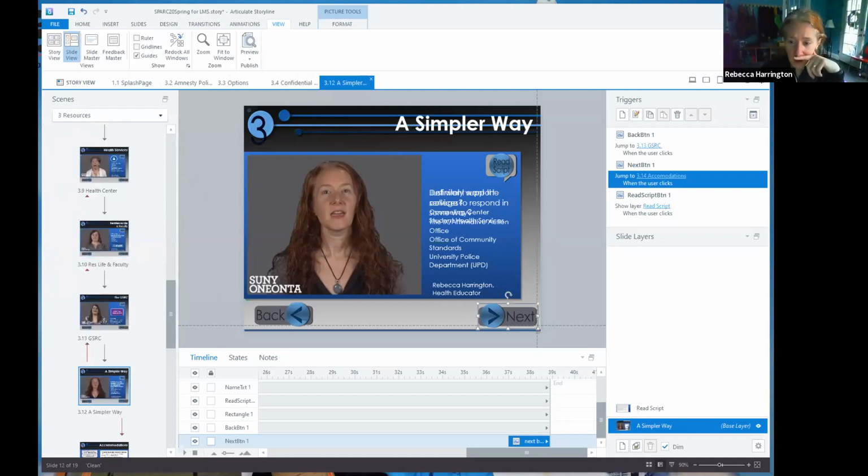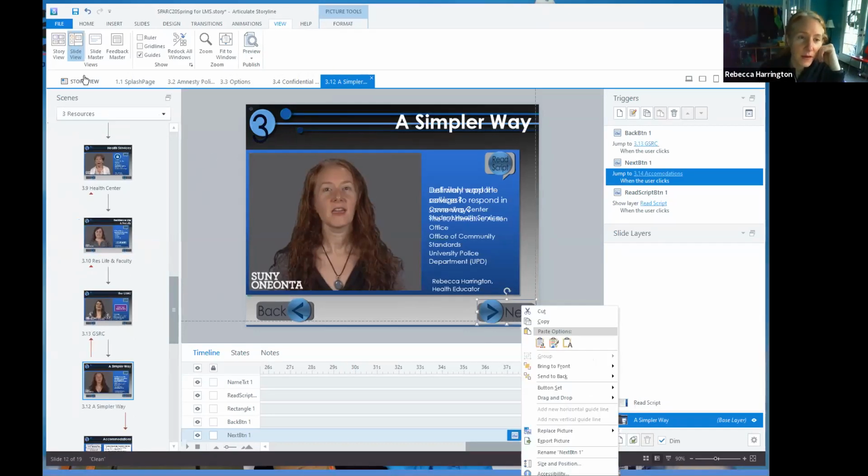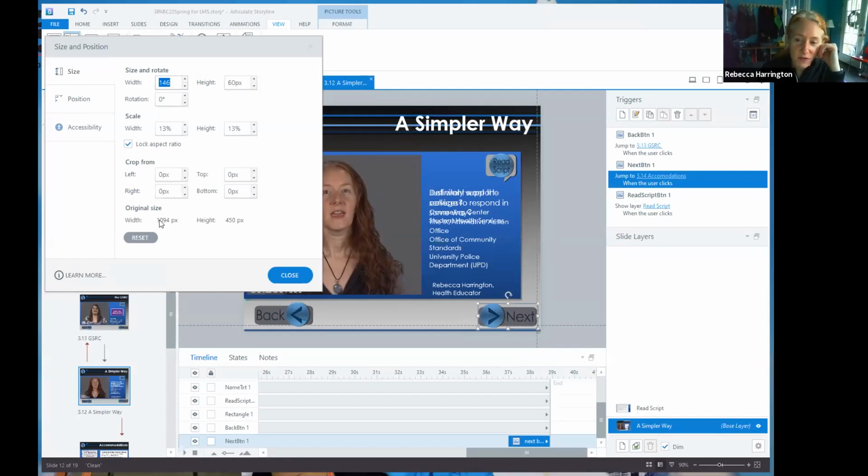The other thing I would say with the size and position thing, let me bring that back up, is the size thing too. You can play around with fine tuning the size of things. In this case, the width is 13% and I shrunk it from the original file that I brought in. This lock aspect ratio means that if I increase the width to make it a larger item, every time I increase the width, it's also going to increase the height, so I don't have the long skinny button. Let's get that back to 13% because that's where it started.